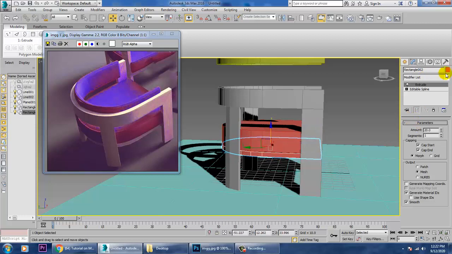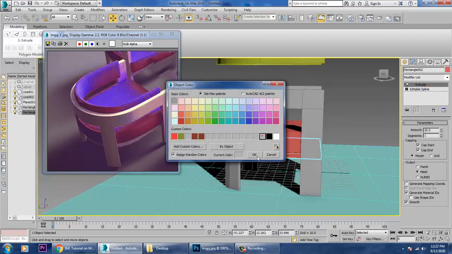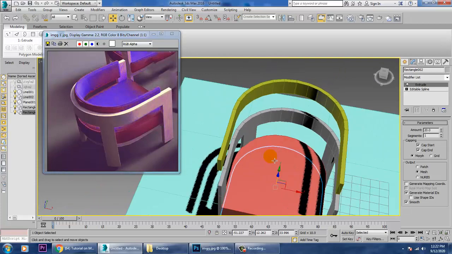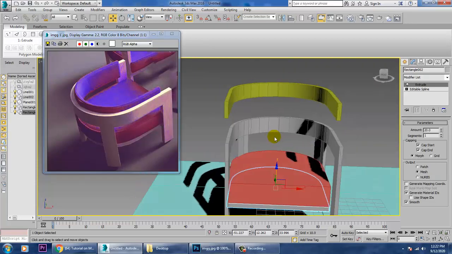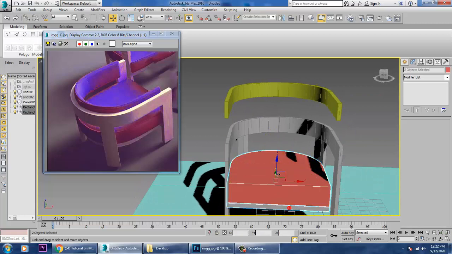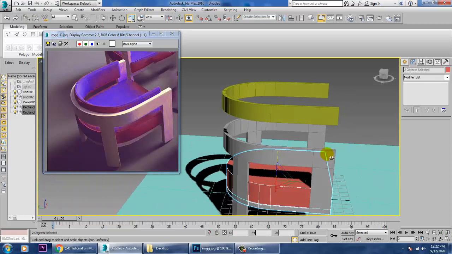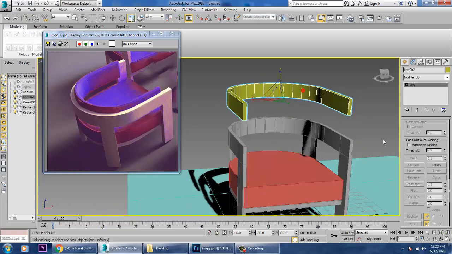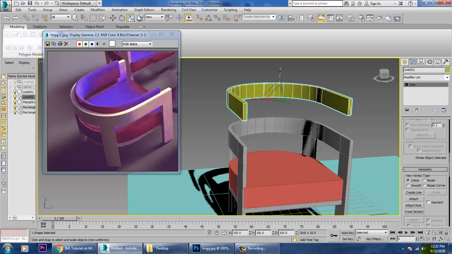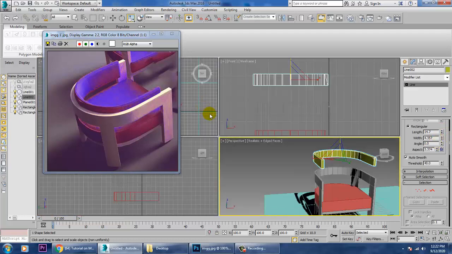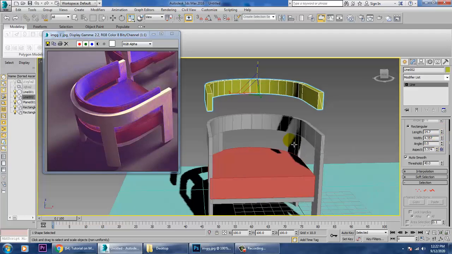So let's just change the color of it. So definitely this is going to be a kind of support over here. So just scale a bit, not much. That's it. Perfect. So select this over here, and what I'll be doing over here is I'll be just increasing its width over here, and I'll be just pushing this down.